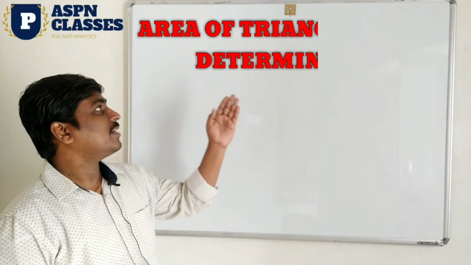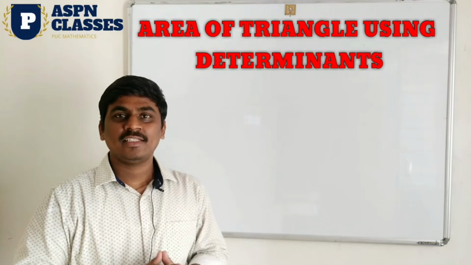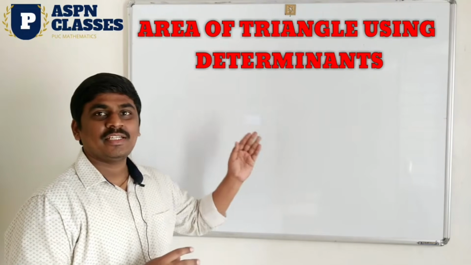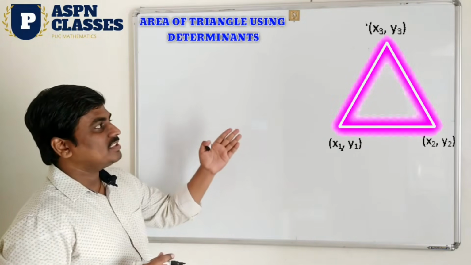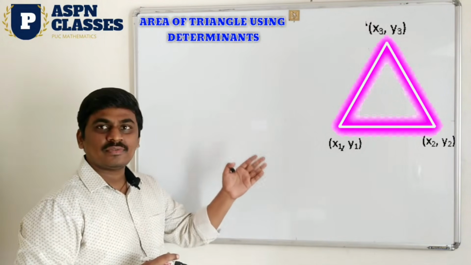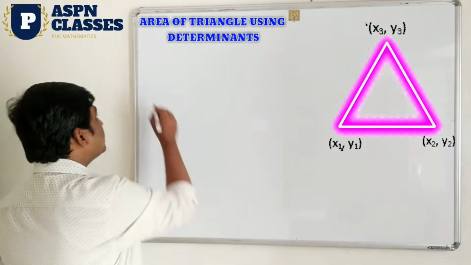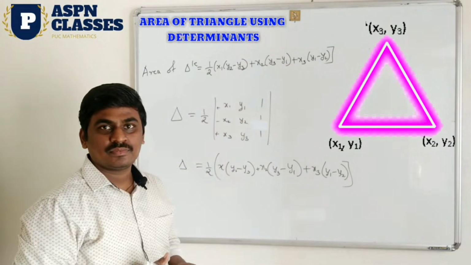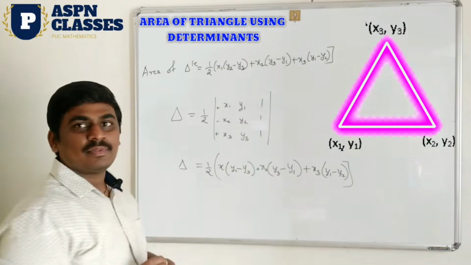We are going to discuss the area of the triangle by using the determinant method. Okay, area of the triangle, I think you already know how to find the area of the triangle, but today I am going to discuss finding it using determinants. When the triangle is given whose vertices are also given, A point is x1 y1, B point is x2 y2 and C point is x3 y3. Then take out the determinant method, directly applying the formula only. But the answers are the same. Okay, let us start the examples.